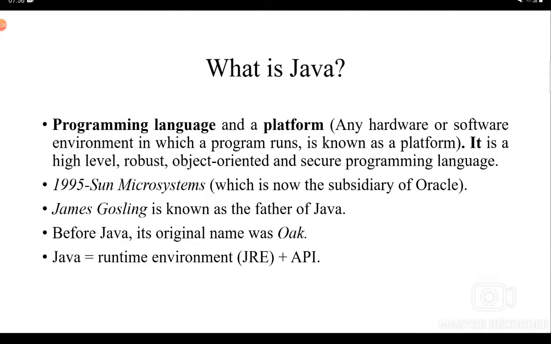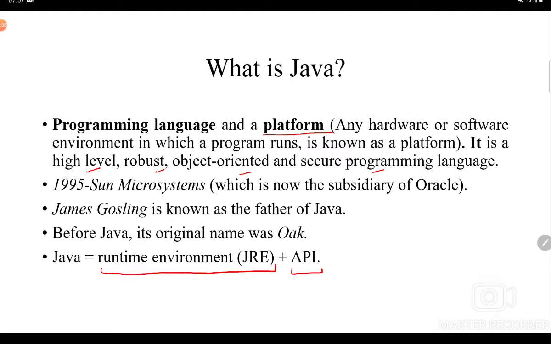So the first basic question is, what is Java? When we are talking about Java, essentially we have to understand that it is a programming language and a platform. A platform is any hardware or software environment in which a program runs. And since Java has a runtime environment where the programs run and also an API, we can call it a platform. We have to understand that Java is a very high level, robust, object oriented and secure programming